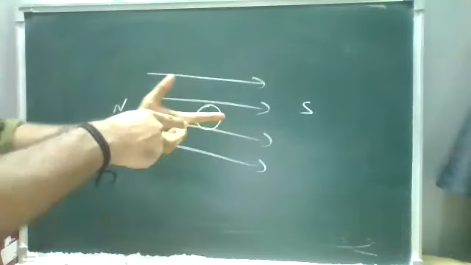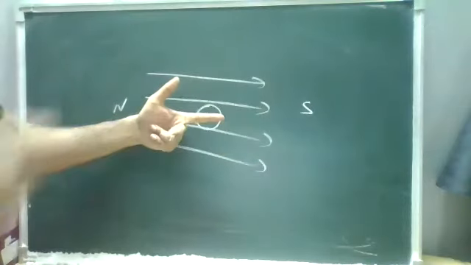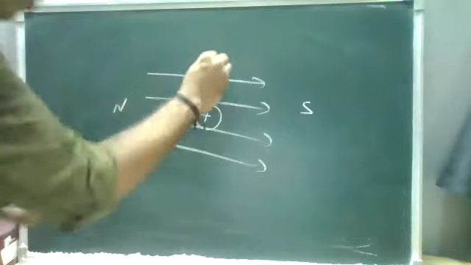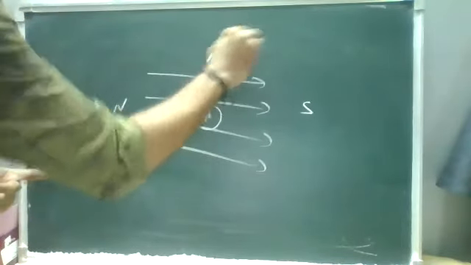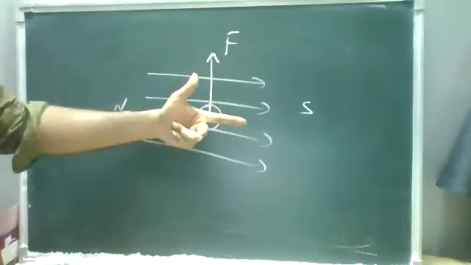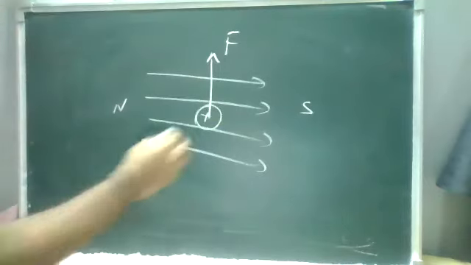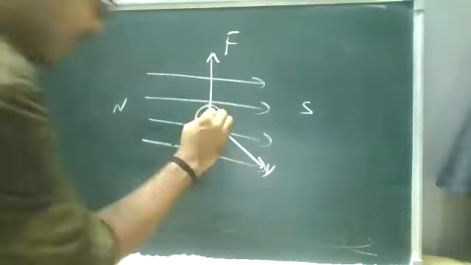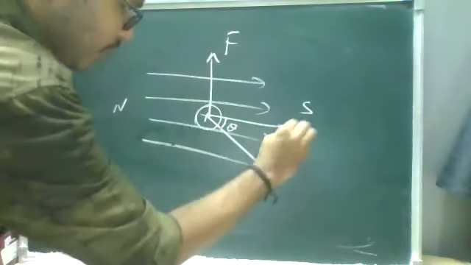So there is a magnetic field. If you see, the magnetic field will be in the same direction. When there is a magnetic field, the force will be perpendicular to it. There will be some perpendicular force acting on it. Because of the perpendicular force acting on it, it was gaining some velocity, making an angle theta with respect to your magnetic field.